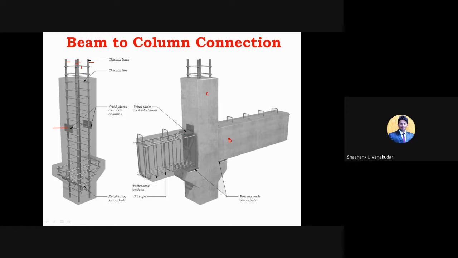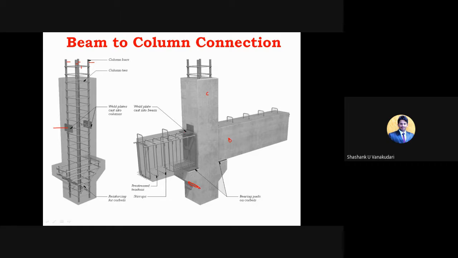So once we place the beam on top of this portion, we can make the joints from the column weld plates to the beam weld plates. And here, okay, this particular portion is over, and here you can see the reinforcement for corbels. These corbels they provide at this part of the section, at the inclined portions, what you can see.